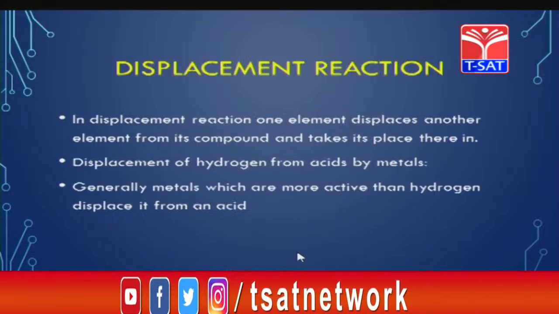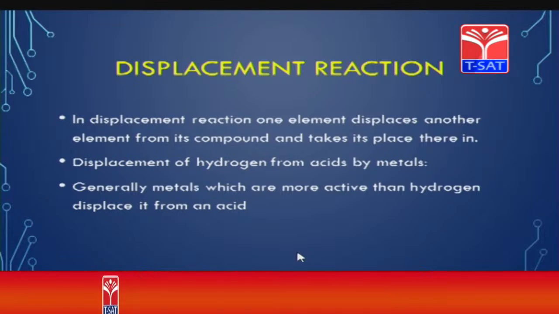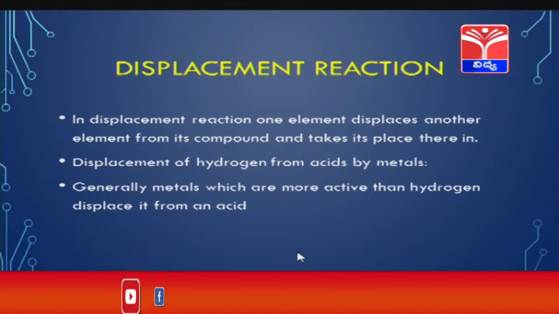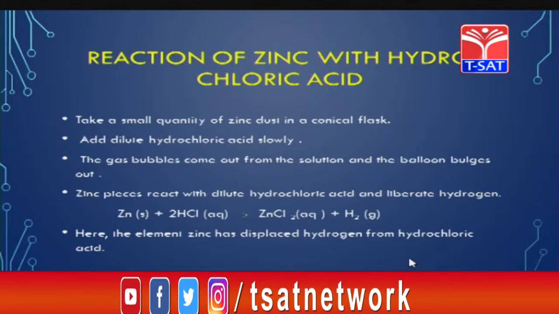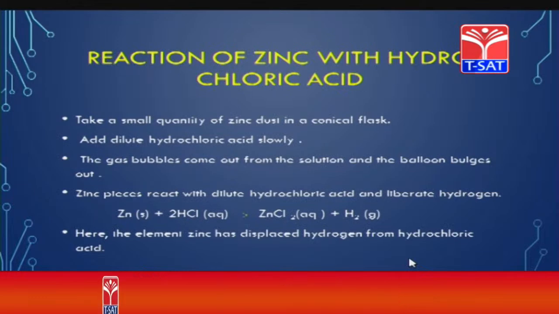So, now coming to the next type of chemical reaction, children, displacement. Displacement means the place of one atom is taken by another atom. The place of a weaker atom is being displaced by a stronger, more reactive atom. For example, if you are taking zinc granules in a test tube and then adding some amount of hydrochloric acid